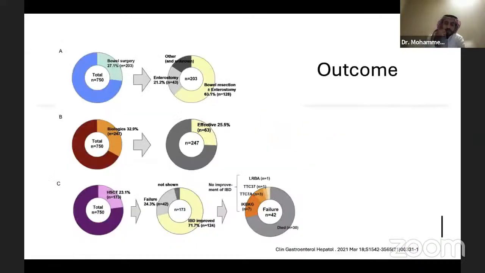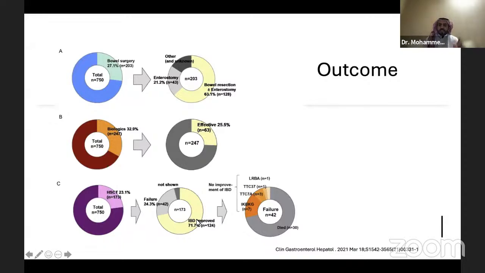What is interesting for me is the outcome of these therapies. So forget about the bowel surgery. I want to compare the biologics and the hematopoietic stem cell transplantation. Of the third that received some sort of biologics, only 25% were effective, which tells you that people who have failed multiple biologics and present early in life may have a severe phenotype, and they may have a strong primary immunodeficiency causing their IBD. For hematopoietic stem cell transplantation, 70% of them improved and 24% failed,